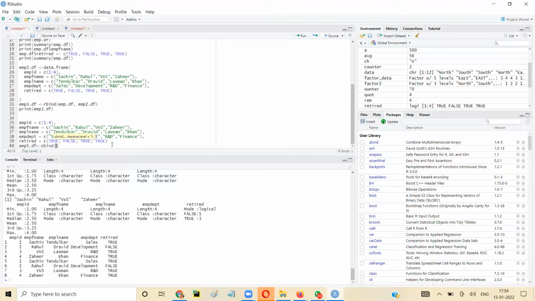Here I'll give the names of all the columns that I want to bind: emp id, emp l name. I'm purposely not giving first name, and let's say retired. Now when you run it,